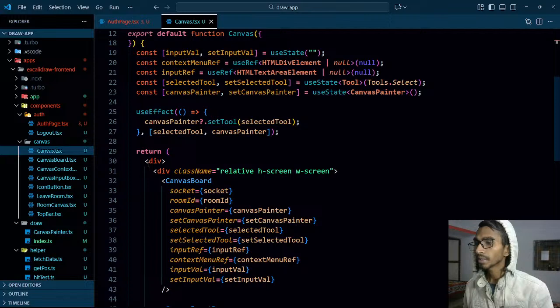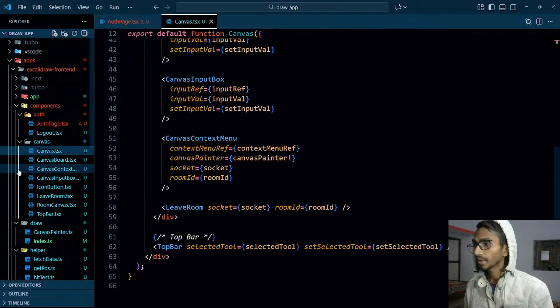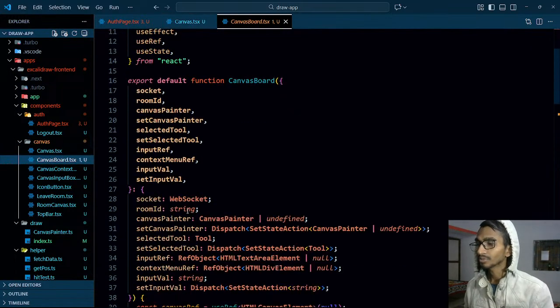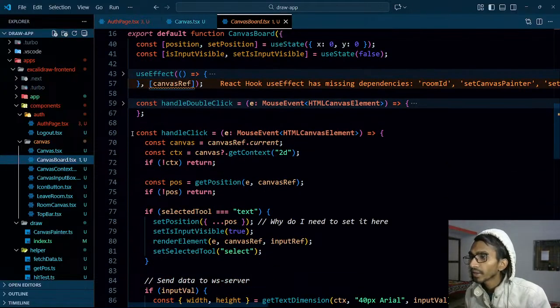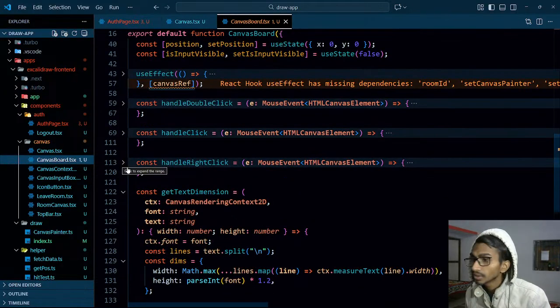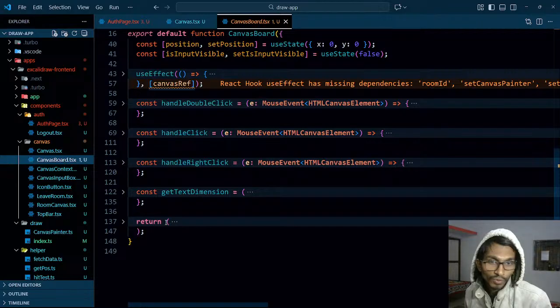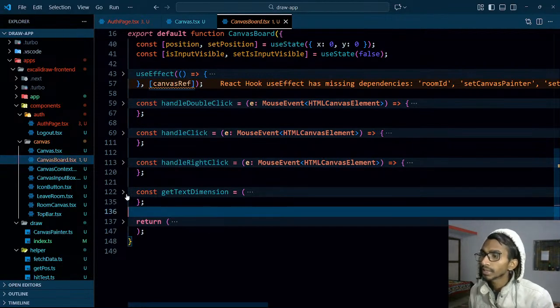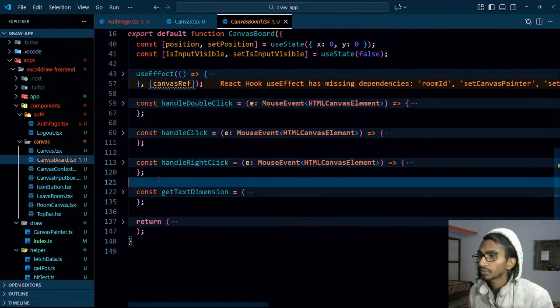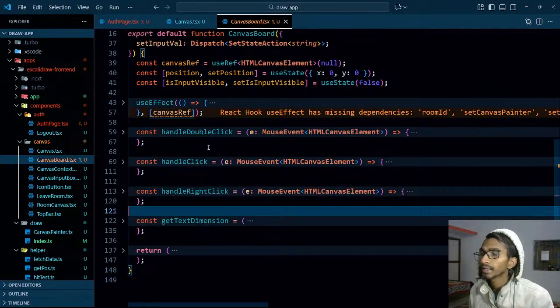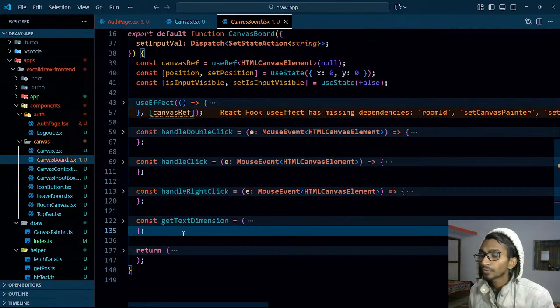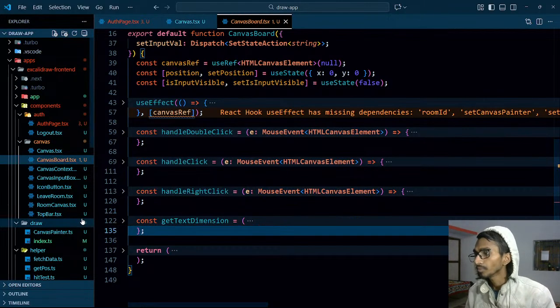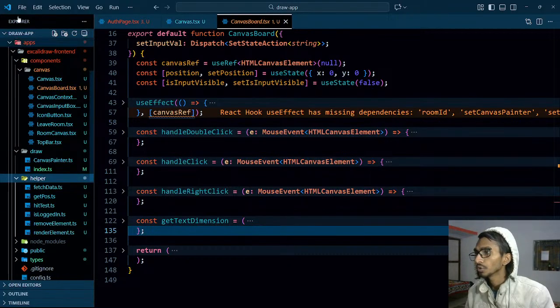Canvas. When it comes to canvas, it has been formatted really well. Canvas board has many things. Let's see if I can keep some things in a separate function or folder. Get text dimensions, this is something I can move from here. This is going to be a helper function. Handle right click, handle click, handle double click are okay, but this one I can move from here. So let's go to helper function, and over here I will be writing